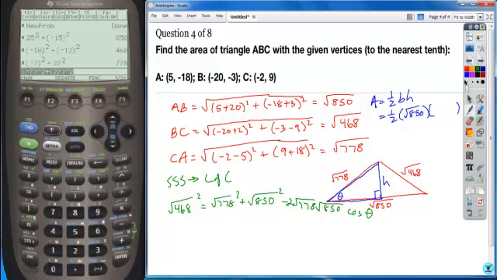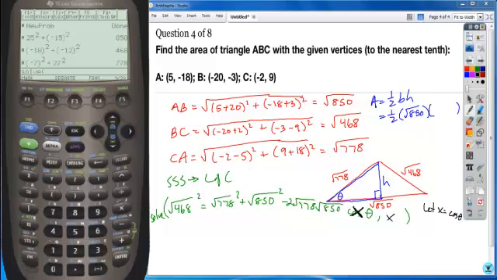Remember, if you are going to use the solve feature on this, we are going to let x be this whole cosine ratio. So we're going to substitute x in here and solve. So if I set up my equation solver, I'm going to go ahead and just simplify. The square root and the square cancel. So I get 468 is equal to 778 plus 850 minus 2 times, now I have to go ahead and use the radicals, square root of 778